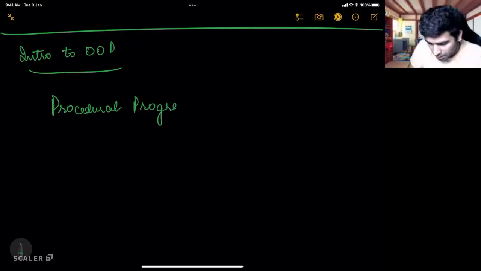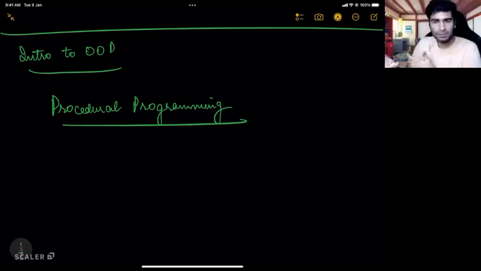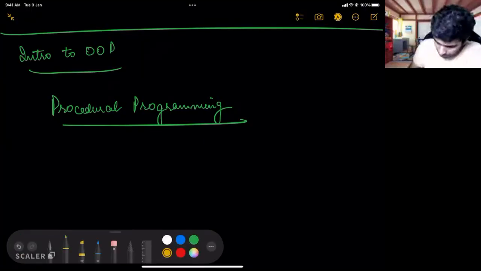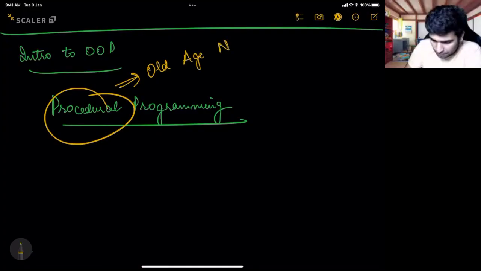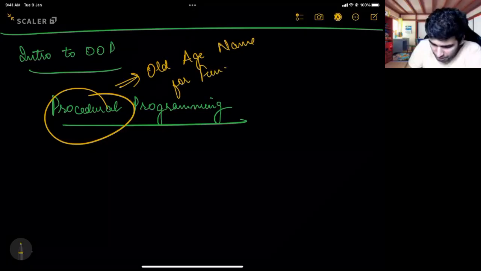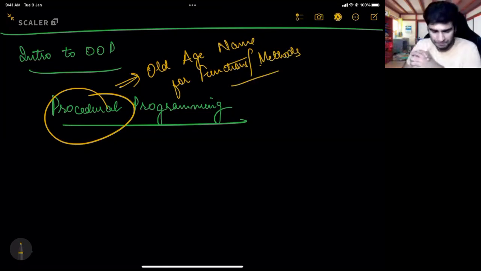Now, what do we mean by procedural programming? Let us try to understand what procedural programming is. Procedure is nothing but the old age name for functions. What we call functions or methods these days were earlier known as procedures.